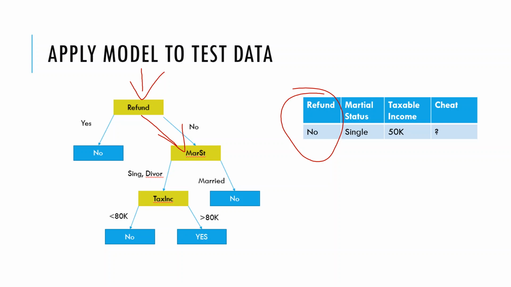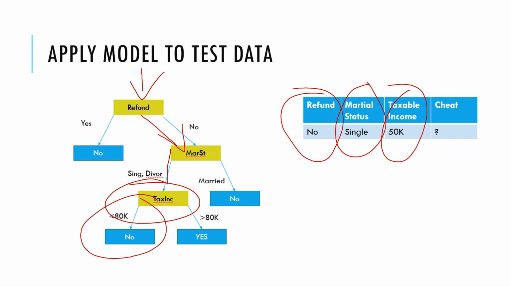So since I'm on the attribute, I'm going to check the second attribute, that is my marital status. Since it says single, I have to again traverse the tree, and I'm going to reach the attribute taxable income. Now taxable income is showing as 50k, right? Now we are again going to traverse the left subtree, and now we are going to reach the output, that is no. Since no is the output, we can see that the person is not cheating. Okay, so this is how easily a decision tree can be read and understood, right? So that is why decision tree is so simple to build up.